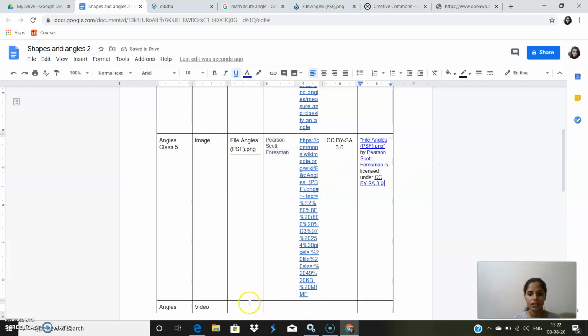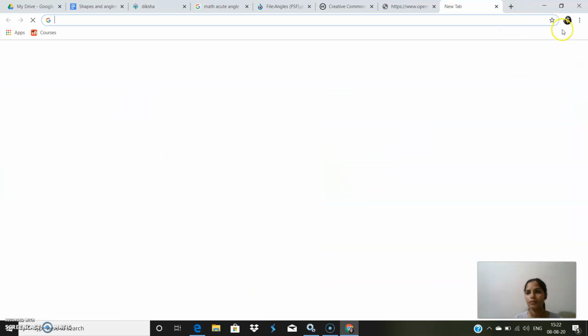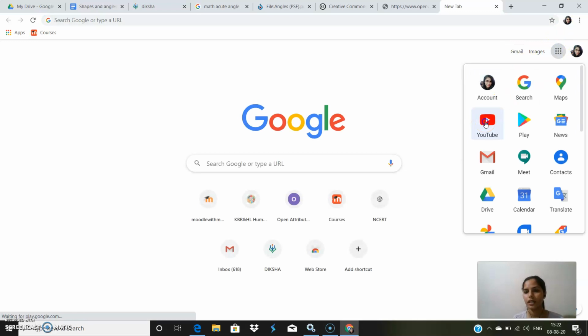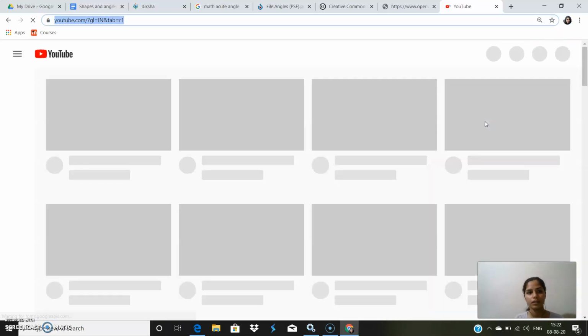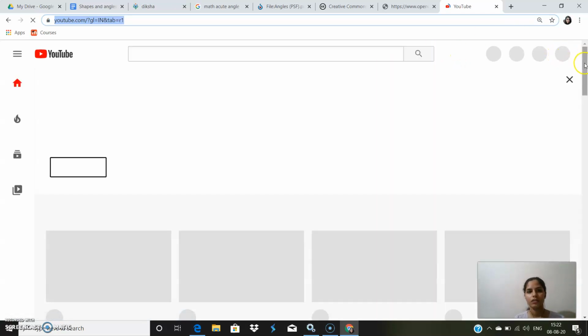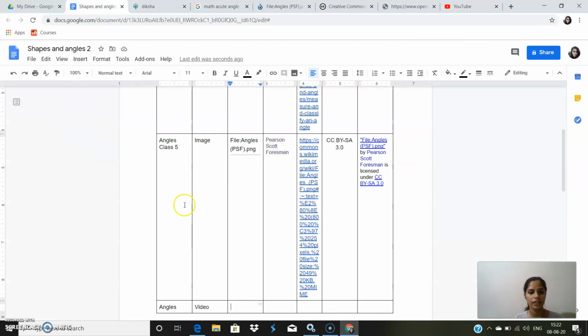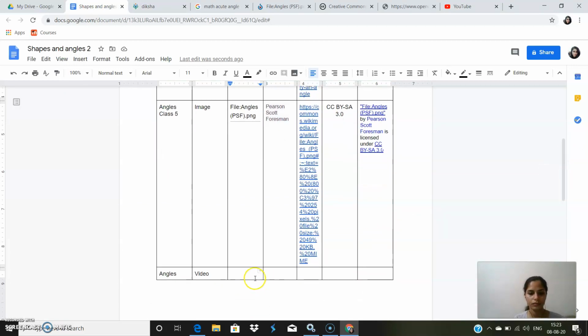Now for searching the videos, we need to go to YouTube. Click here and select the YouTube button. Here search for the keyword, shapes, or we will search for angles.